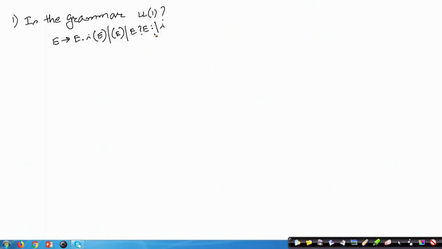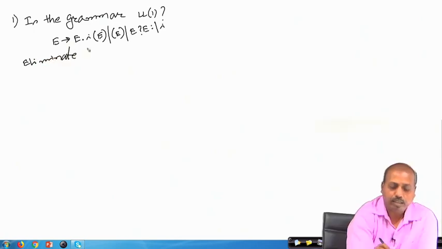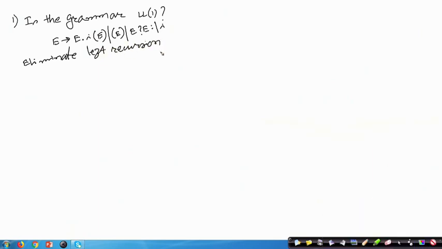Now, you see that to check this grammar for LL1, the first obstacle is that the grammar is left recursive. E producing E, so you have E at the right hand side again. So the first job is to eliminate left recursion. The first step for solving this problem is to eliminate left recursion. How do we do this? There is a set of rules that I have discussed previously.